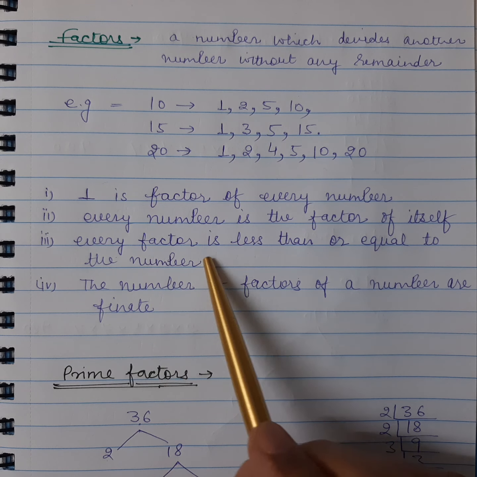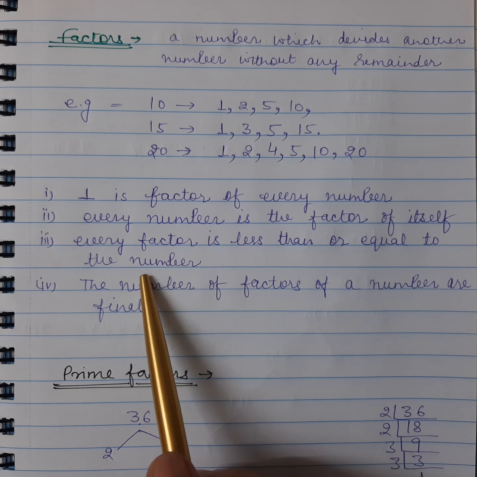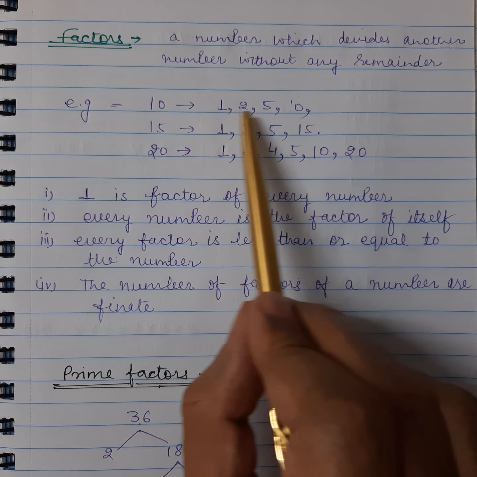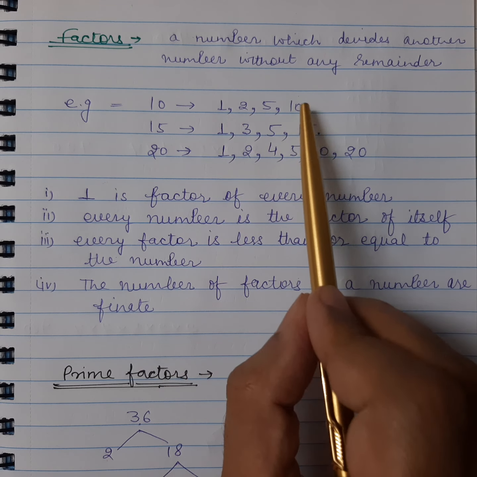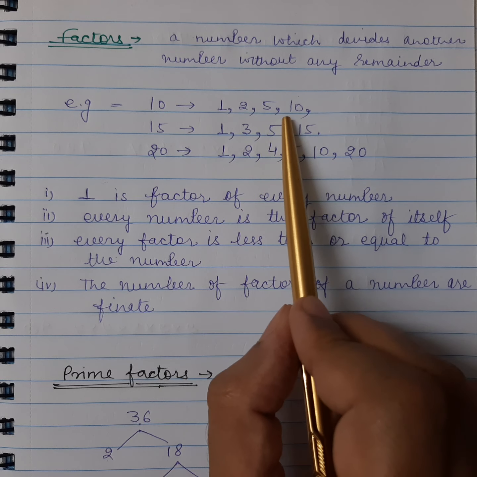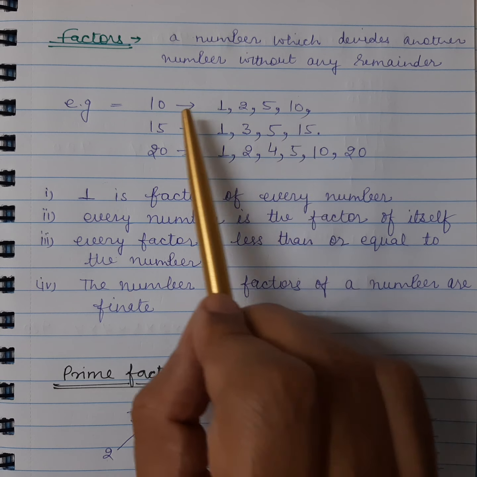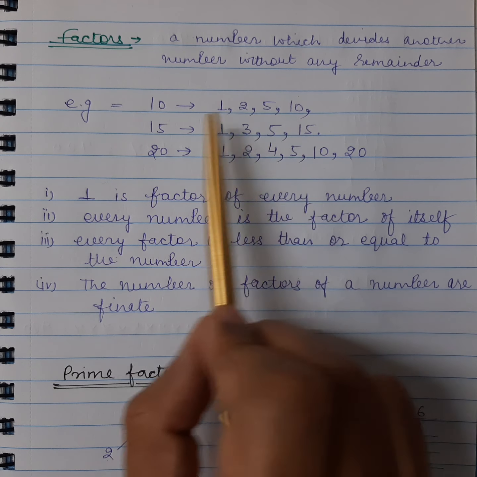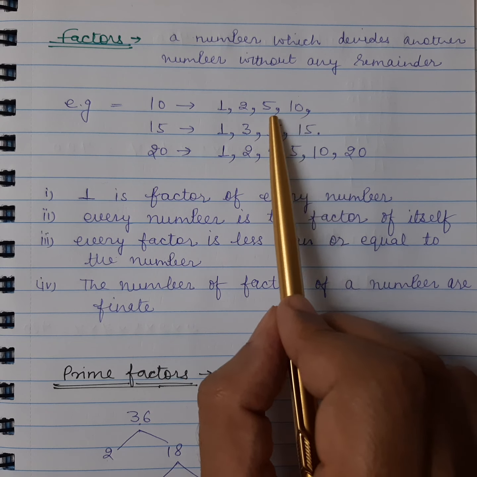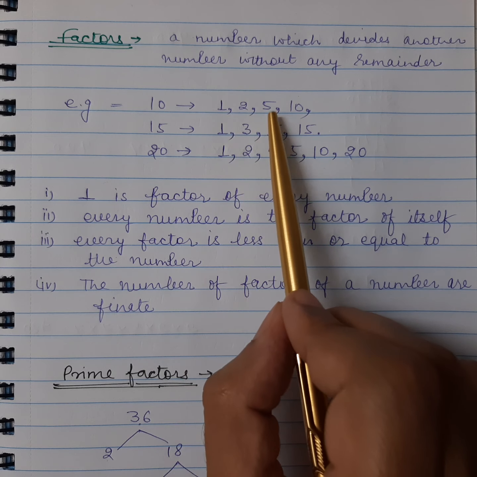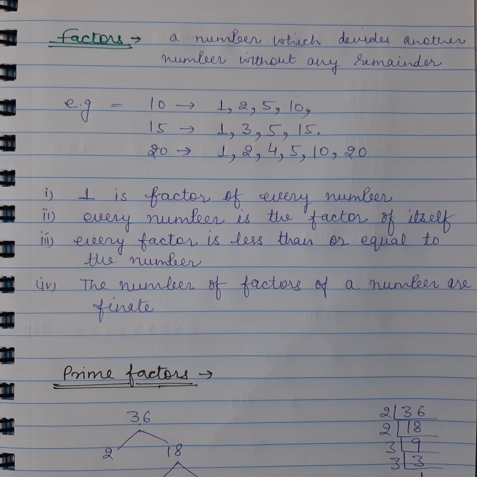Then every factor is less than or equal to the number. So every factor of the number other than the number itself is less than the number. The factor is either equal to the number, 10 in the case of 10, or less than the number: 1, 2, 5 are less than 10. And fourth,